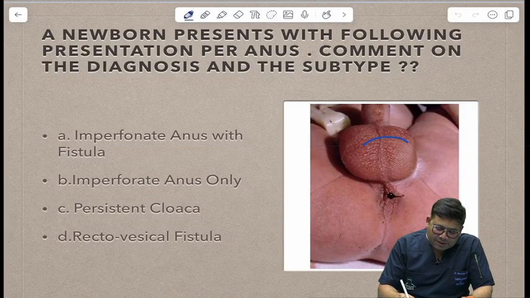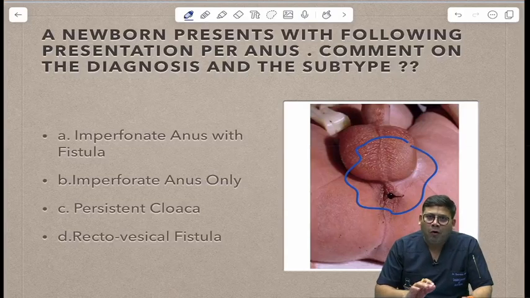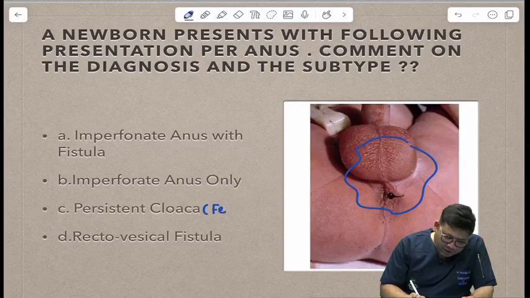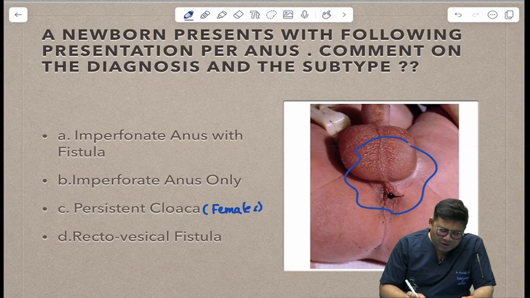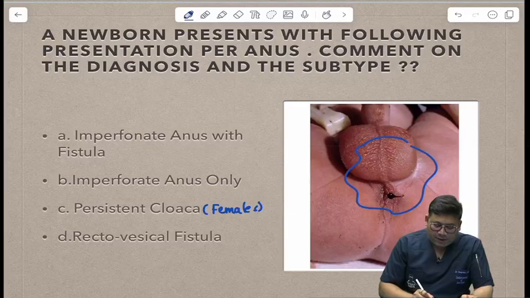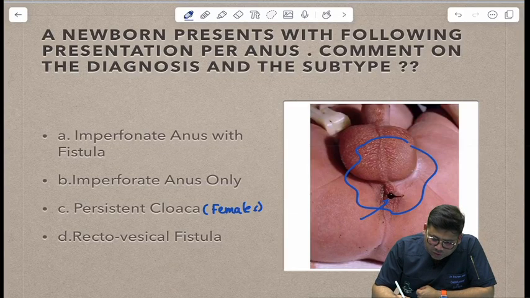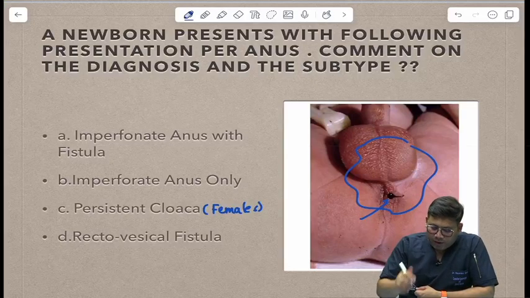Had the male genital system, urinary system not developed, then I would have called persistent cloaca, and this is seen in females, not in males. Very rarely it is seen. So, is it a rectovesical fistula? No. Can you see the stain of meconium, but ideally this should be the anal opening,